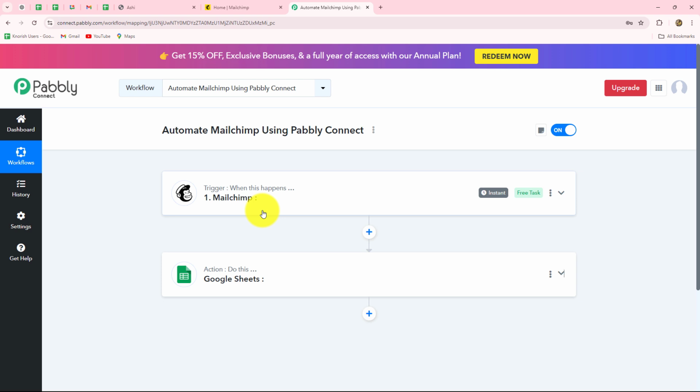Here, let's go with the same scenario. Let's suppose I want that whenever a new subscriber is added in my Mailchimp account, I want to add the details in Google Sheets. So let's get started. For that, how are we going to set up the connection between Mailchimp and Pabbly